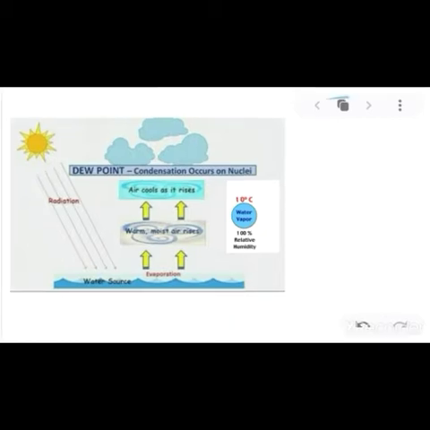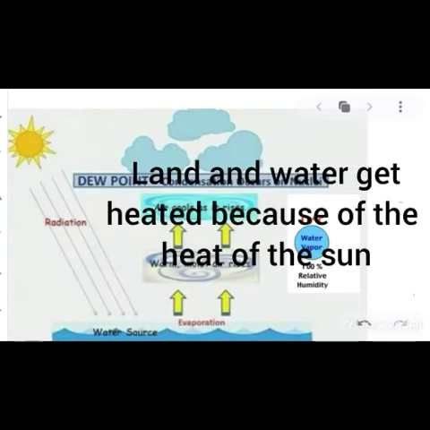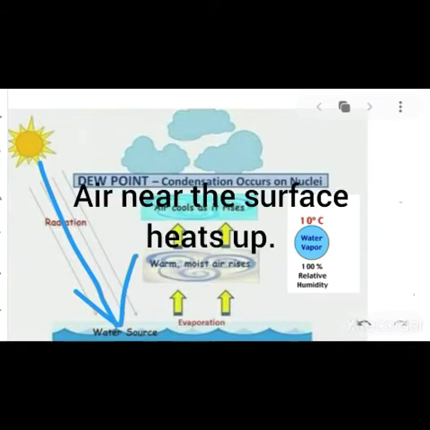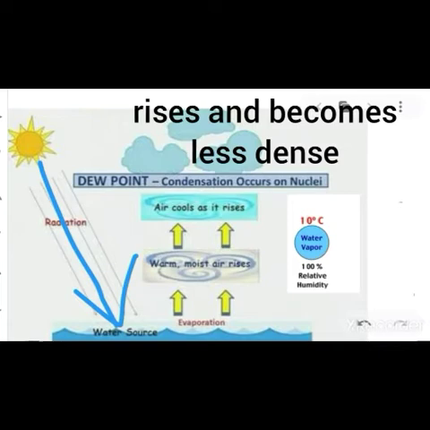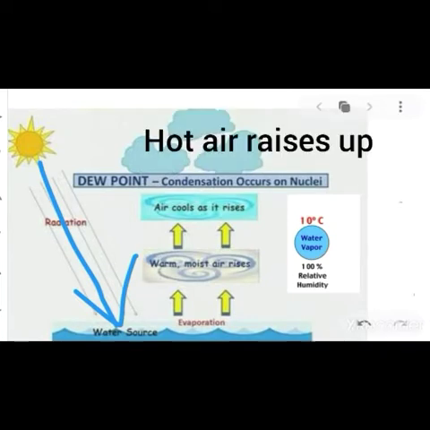Land and water get heated because of the heat of the sun. Air near the surface heats up, rises and becomes less dense. Hot air rises up